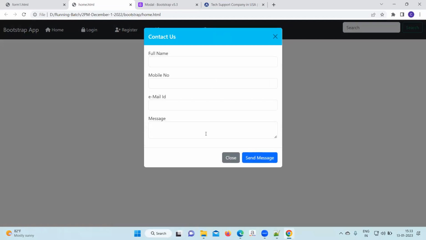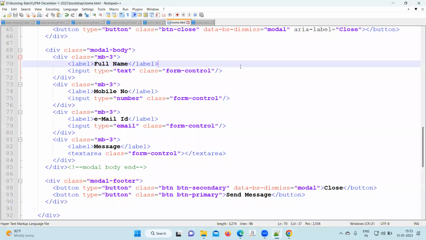So like this. This is called a modal. So this modal will remain the same in all the pages. In any page, when people click on contact us, they can see the same modal. But the remaining pages, login and other pages, will be